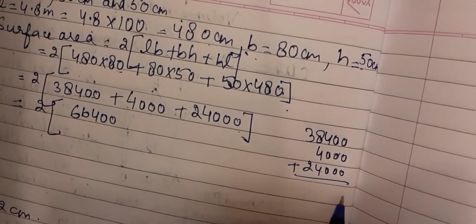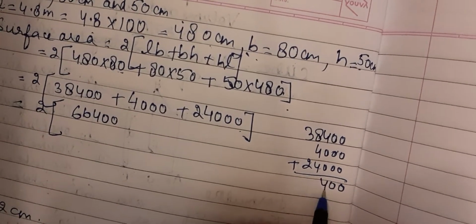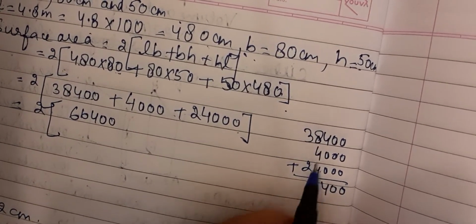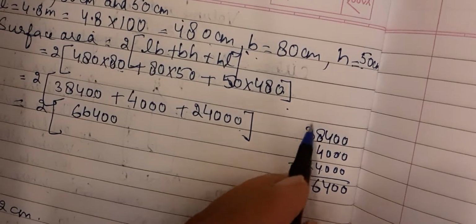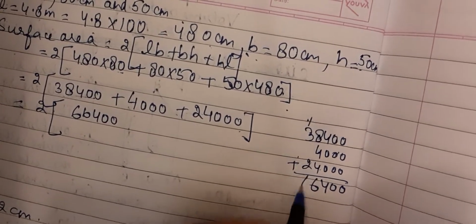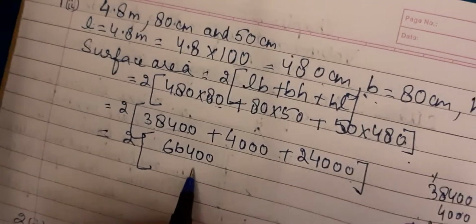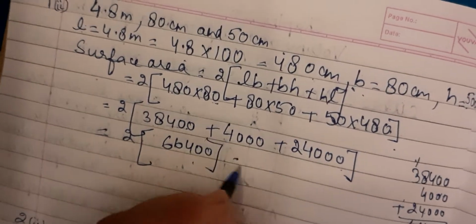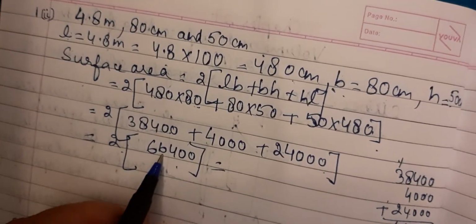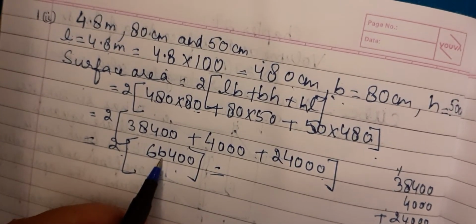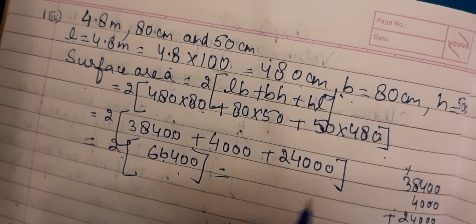Add them all. 0, 0, 4, 8, 4, 12, 12 and 4, 16, 3 and 1, 4, 5, 6, 66,400. And when you multiply 2 with 66,400, you will get